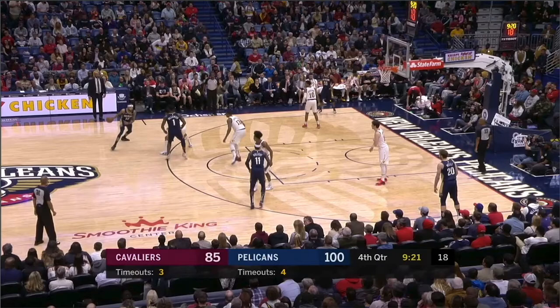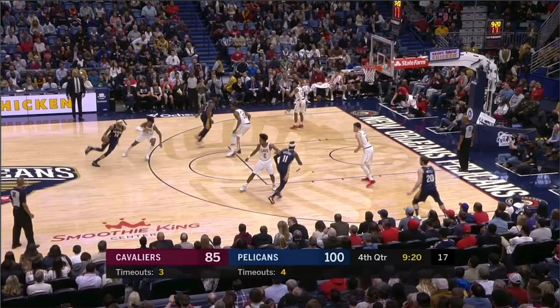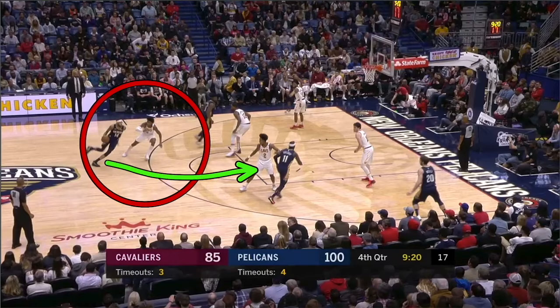I mean, this is not much of a screen, but this is a screen. Look at this right here. Zion Williamson clearly has screened this man just a little bit, and all that takes is for Brandon Ingram to now get into the lane here. And again, if you're in drop coverage, which I just detest more than anything, this big has to get underneath the basketball and can't leave until this player is able to fight over the top all the way.